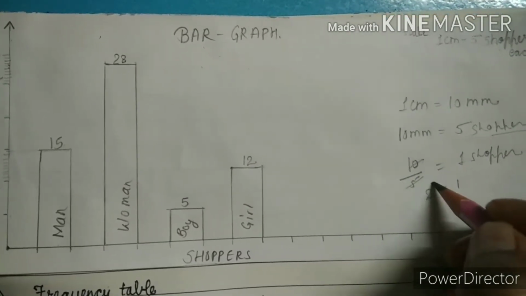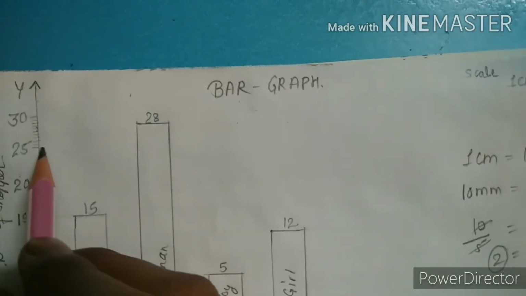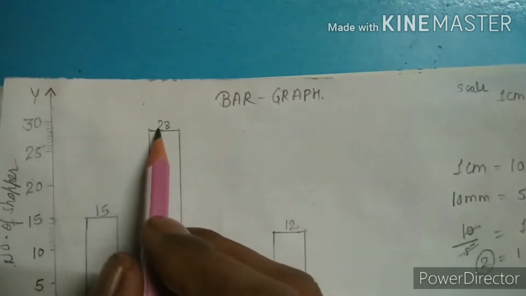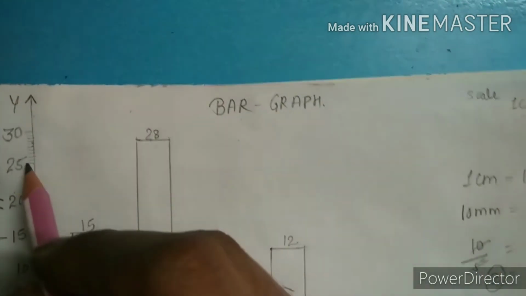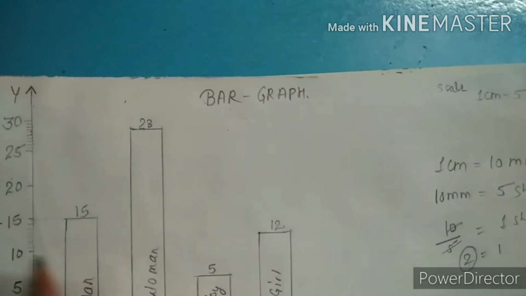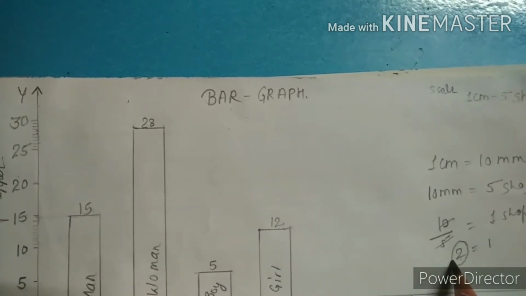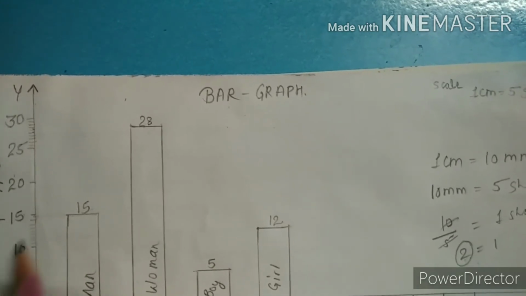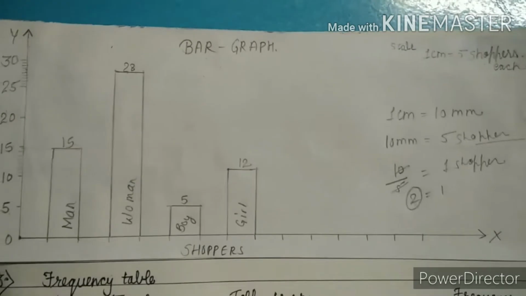It means we have to take small 2 millimeter lines. Have you seen, 25 is directly showing, but what about 3? So 3 into 2, how much is it? 6. So we will count 6 small lines. Same here, 10 is directly visible, but what about 2? So 2 into 2 is 4. So after the 10, how many lines will we go? 1 2 3 4. Okay, so here we completed our question number 2. Now we will discuss our question number 3.